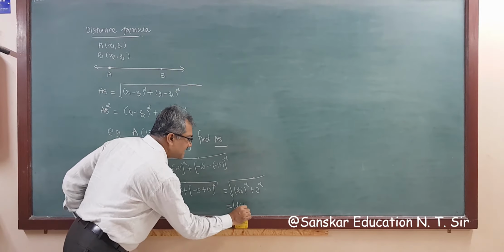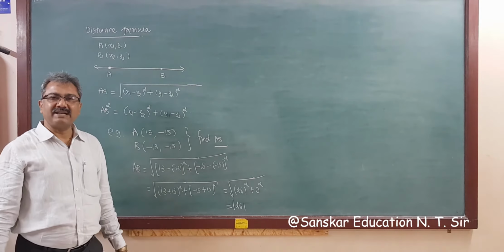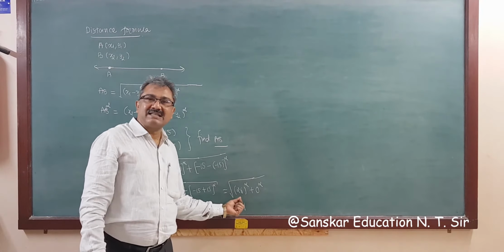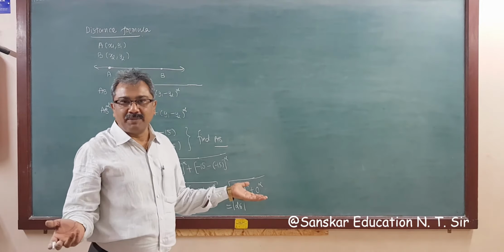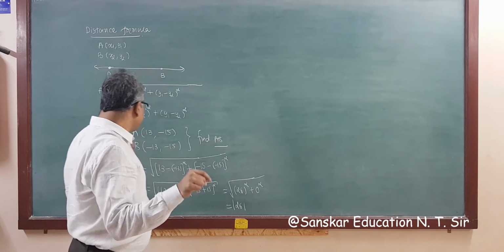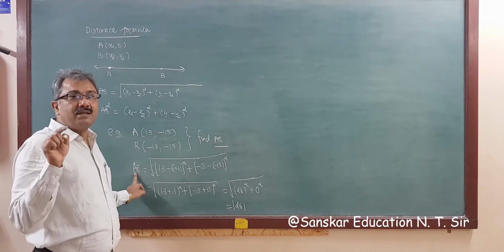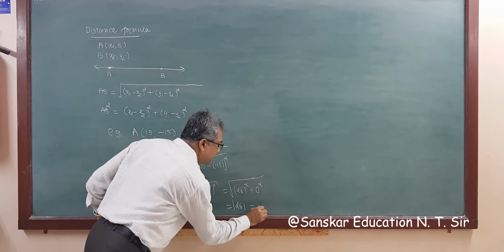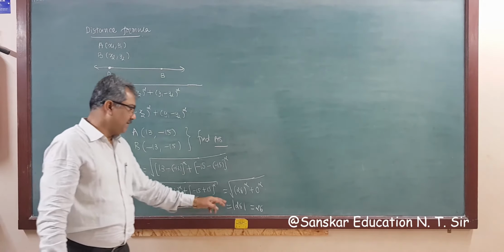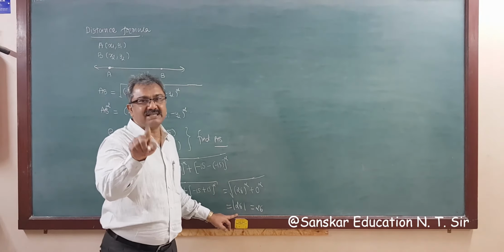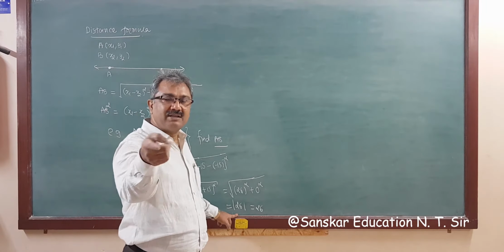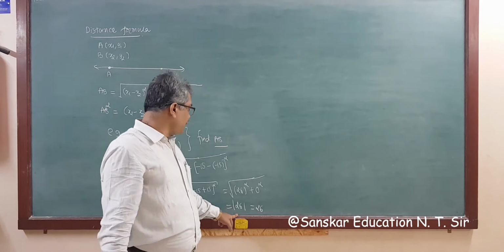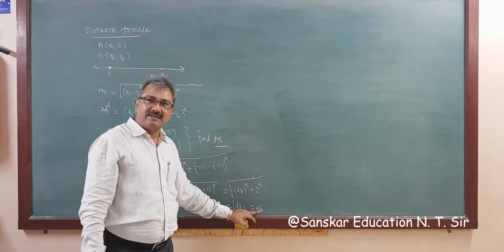so this is the square root of 26 square, which is modulus of 26, because we don't know whether the answer of the square root of 26 whole square is either plus or minus. But here this is a distance, and distance is never negative, so we are taking the answer as 26, because modulus gives you either positive or negative values, but here it is a distance and distance is always positive, so we are taking the positive answer 26, right?